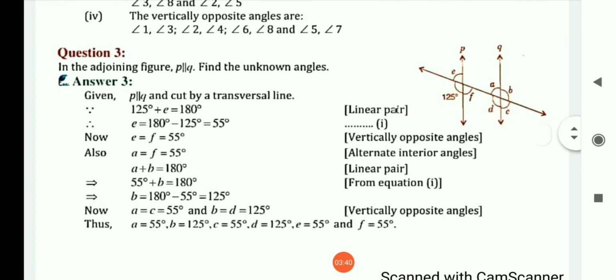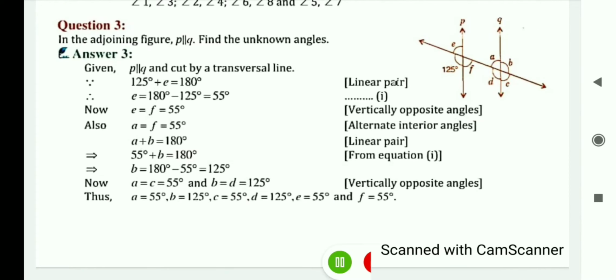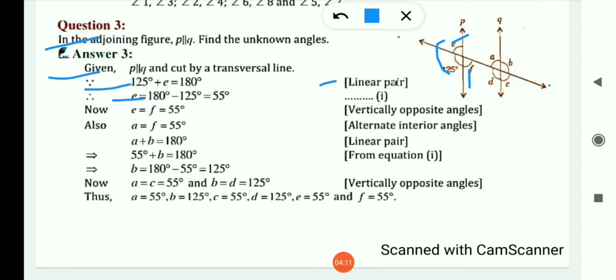Now question number three: in the adjoining figure P is parallel to Q, find the unknown angles. Unknown angles means you have to find the values of A, B, C, D, E, F. Given that P and Q are parallel and cut by a transversal, this line is the transversal. This is a straight line, so the sum of two angles is 180. So 125 plus E equals 180 by the linear pair. So E is 180 minus 125, so we get 55. Now again, E and F are vertically opposite angles,